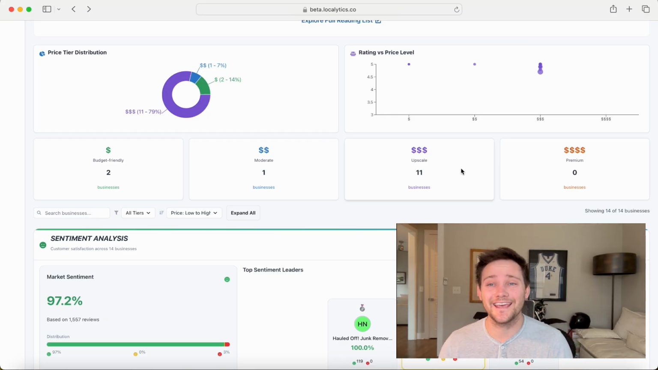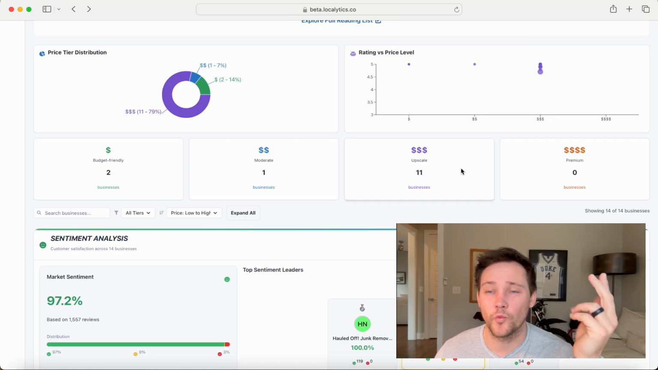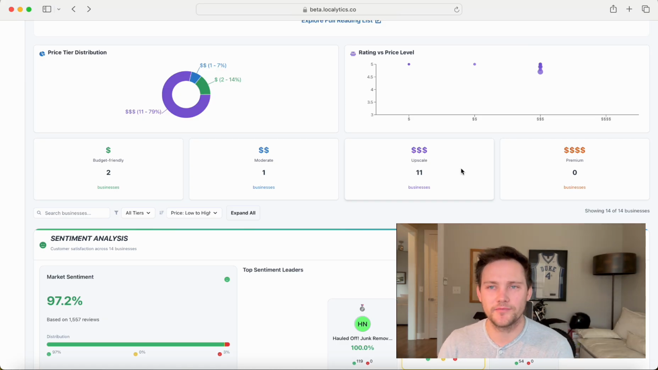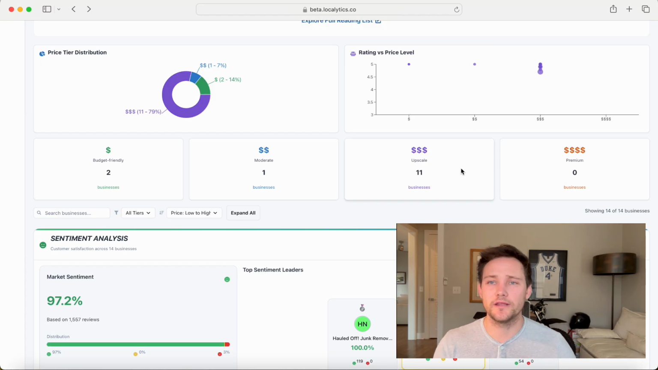So what we do is, based on all the keywords that we find inside the reviews themselves, for example, if this is for Junk Removal Nashville, and we see a lot of reviews surrounding the keywords cheap, inexpensive, great value, we put that into a bucket and assign that business as a budget-friendly or moderate business based on the keywords that we're getting. So people are saying this business is inexpensive. We scrape every single review they've ever gotten, we put it into AI and we say, based on this data, this business is fairly inexpensive. And then we do the same with